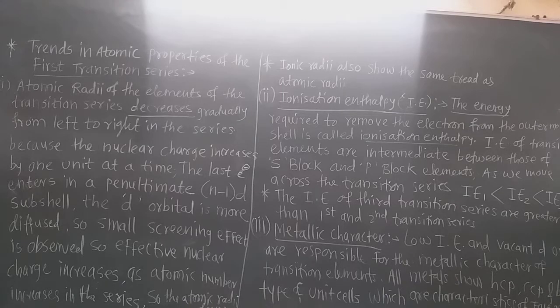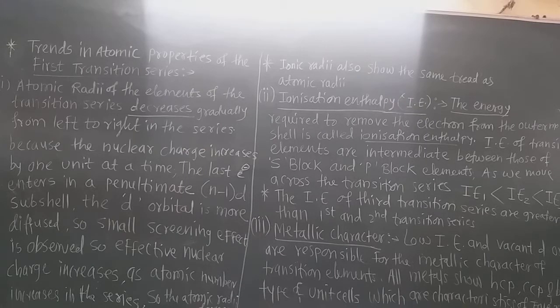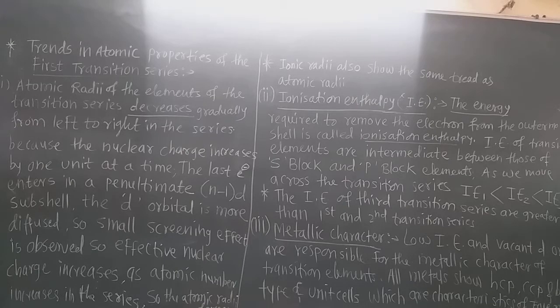Why? I also told you that reason. As we go from left to right, that is from alkali, alkaline earth metals, d block elements and into the non-metals, the atomic size decreases though the atomic number increases. Then what is the reason? There is an increase in the nuclear charge, atomic number increases. Then what do we think? Definitely size must increase. But instead of increasing, the size decreases. What is the reason for that?